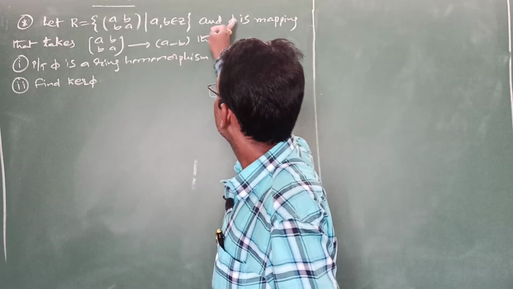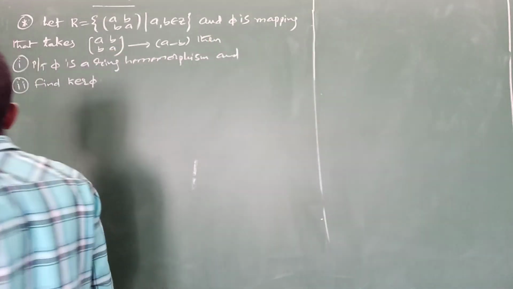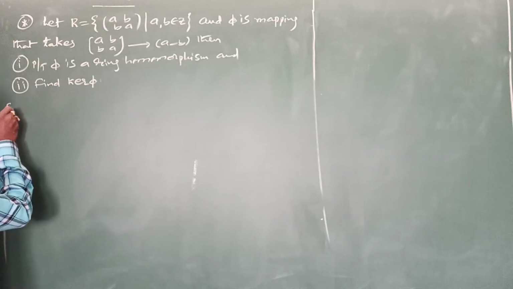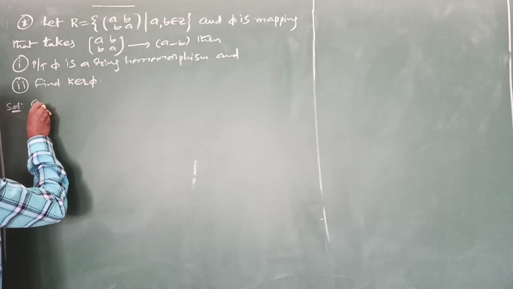Now we have to show this mapping phi is a ring homomorphism. After that, find its kernel. First of all, I want to write the given conditions in our way. In the statement, they are giving that